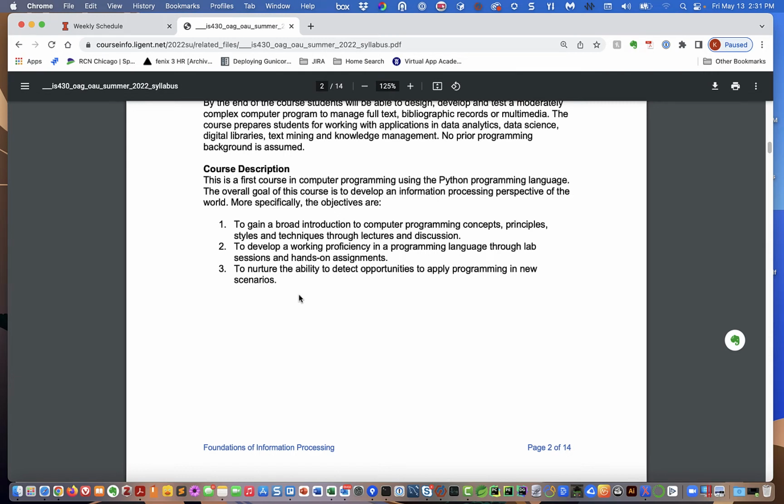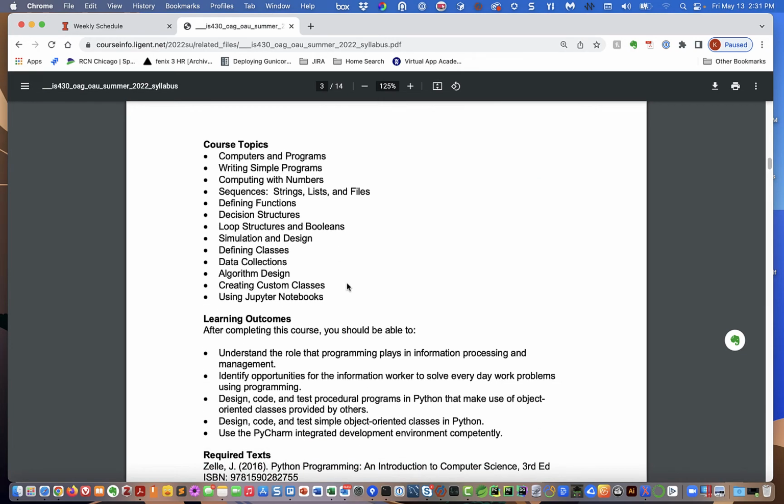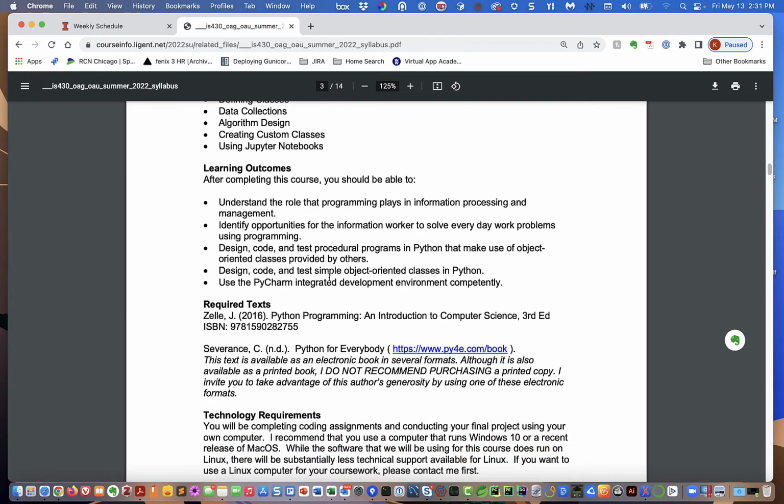Okay? And what I'm hoping is that when you leave here, you're going to think the same way. Okay? And have the confidence to do it. The course topics are sort of a list of the things that we cover chapter by chapter. Learning outcomes: understanding the role that programming plays in information processing and management, identify opportunities for information workers to solve everyday problems